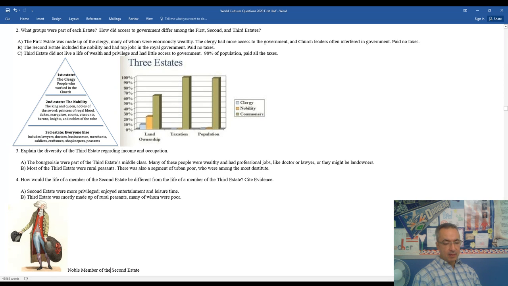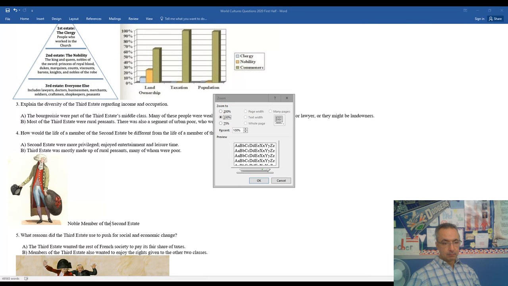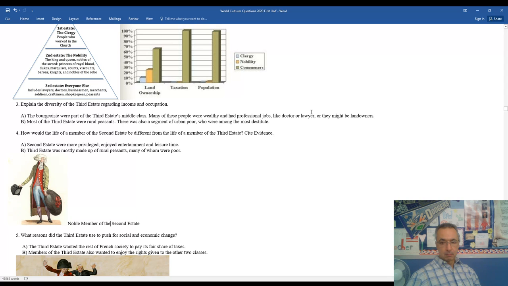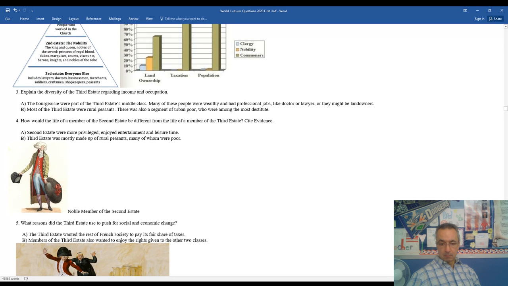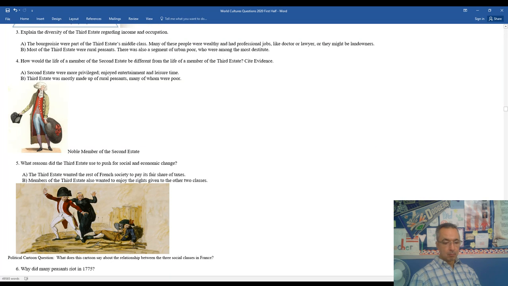You look on the left side there, down the bottom. That is a member of the nobility, a member of the second estate. That's how they kind of dressed and looked, pretty fancy for that period of time. Okay,